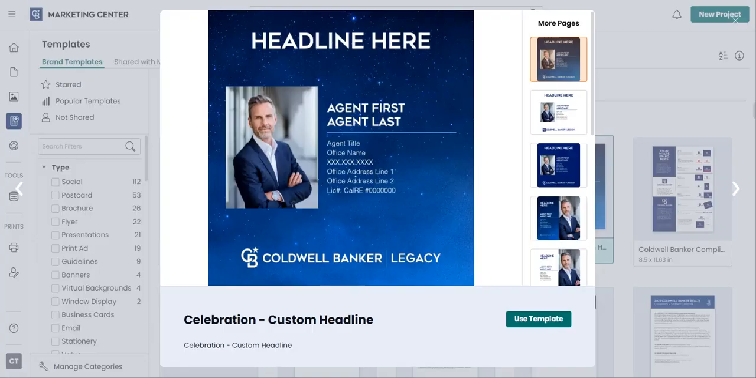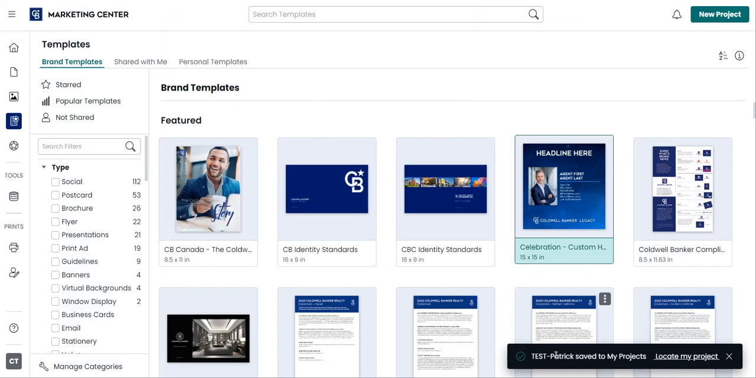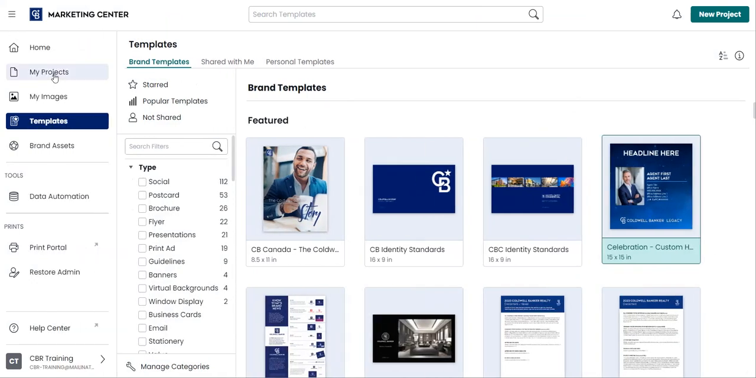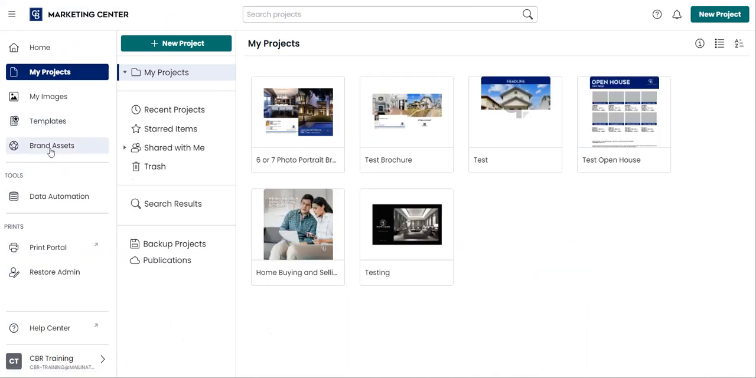We're going to click back on the tab we just left, and I want to draw your attention to the bottom right, where we see that Test Patrick has been saved under My Projects. We'll re-expand that navigation bar and go to the My Projects tab now. Now we click on My Projects and we'll see any of the previous projects or documents we've created. And now's a good time to point out